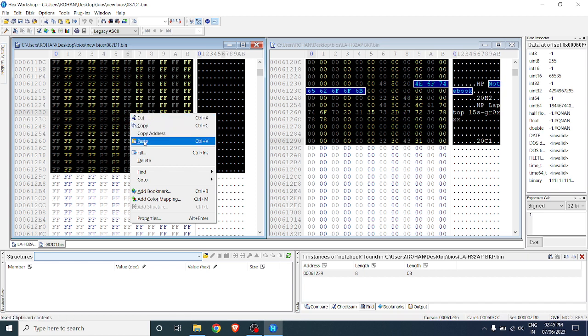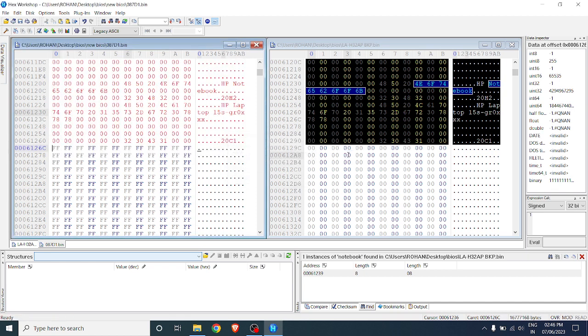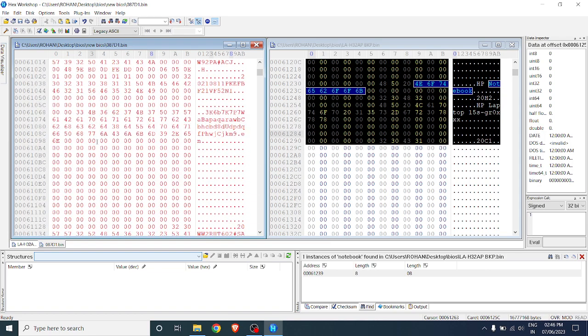Let me paste over here. As you can see, we have pasted all the data from these memory locations to the same addresses. So right now we have copied over all the serial number and all those data.